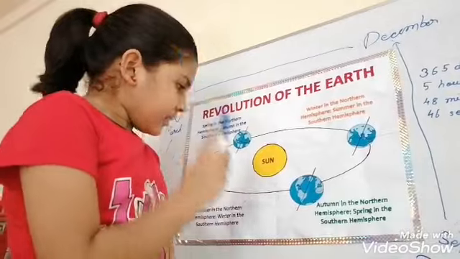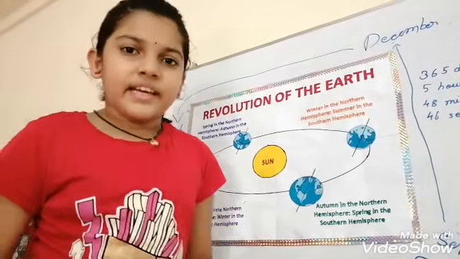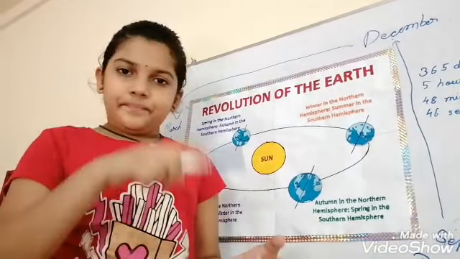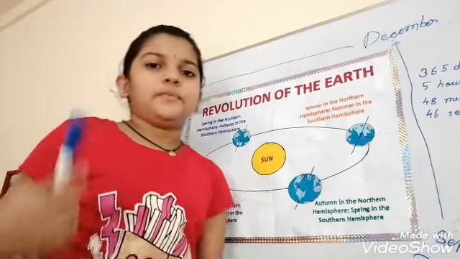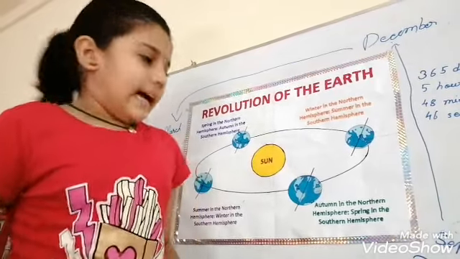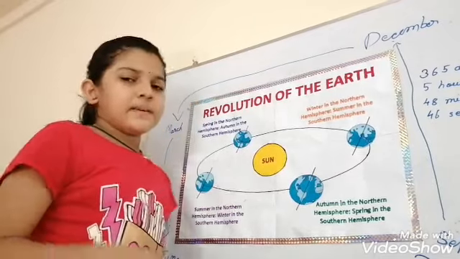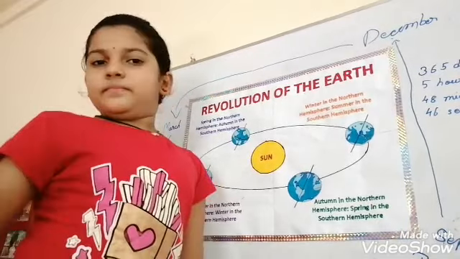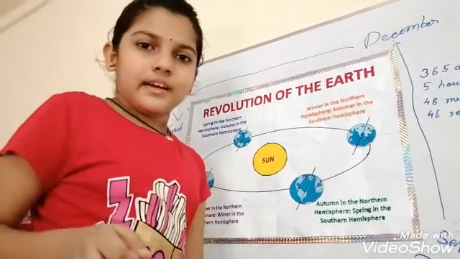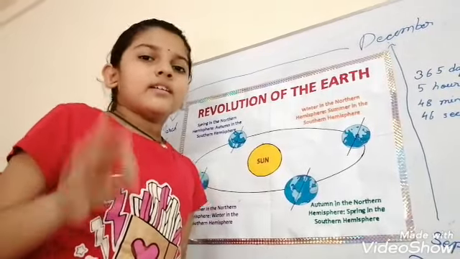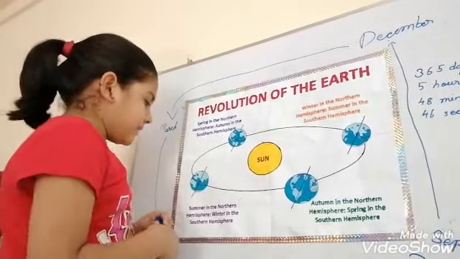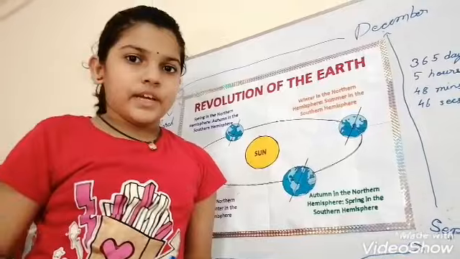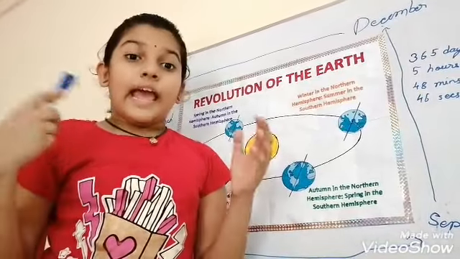After summer in India, there would be the rainy season in months like July or August, from June. Another thing: in the northern hemisphere there are countries such as India, North America, Europe, and so on. And in the southern hemisphere there are countries like Australia, South Africa, South America, and mainly